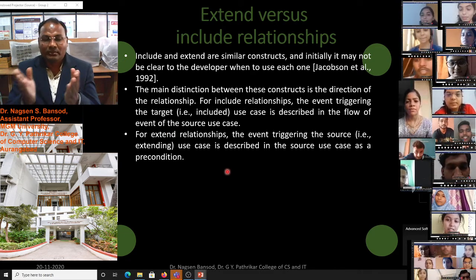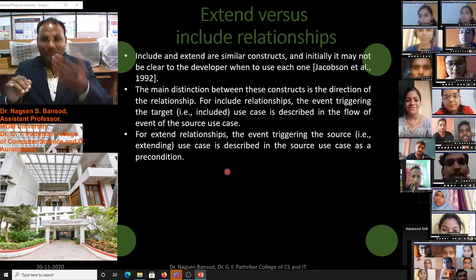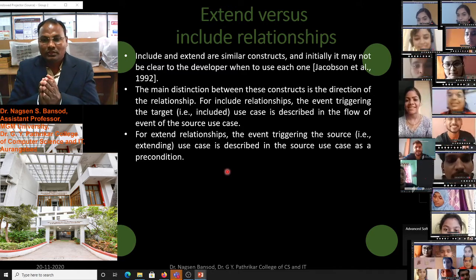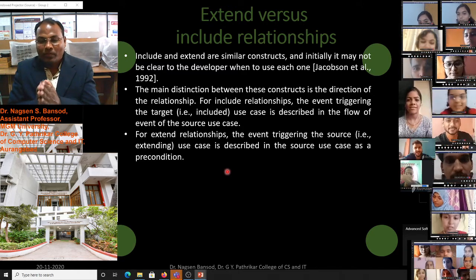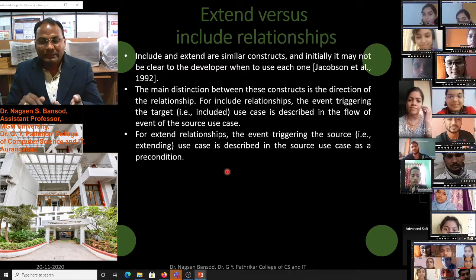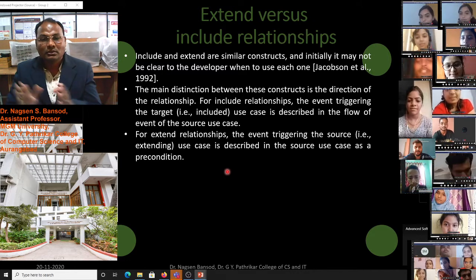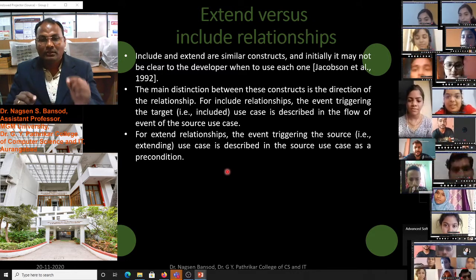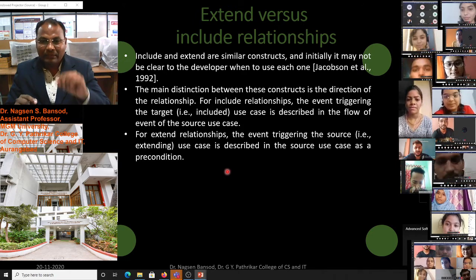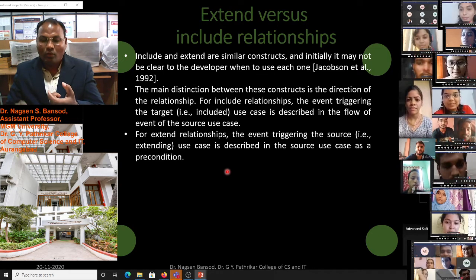It is in the target, meaning it is not beyond the target, it is included in our task. Suppose you make software for documentation, like a text editor such as Notepad or WordPad, then a save option is there. After writing, this is the common flow of events.